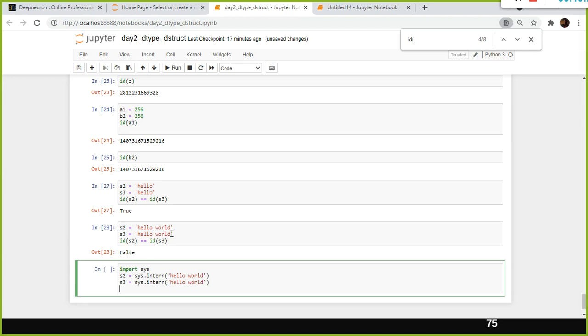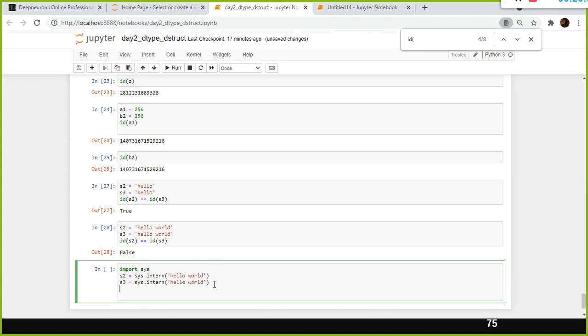Now we are forcing Python using this function. What is sys? Sys is nothing but a package. When you install Python, this package also gets installed by default. You need to import this package explicitly, because in this package you have a method called intern. With sys.intern, you pass this value and tell the Python interpreter, hey, both s2 and s3 are going to use the same string value. Hence, store the hello world only once in memory, so that both s2 and s3 can use a common address